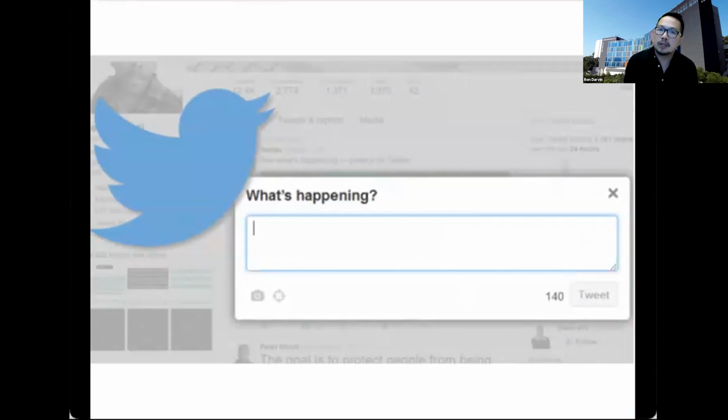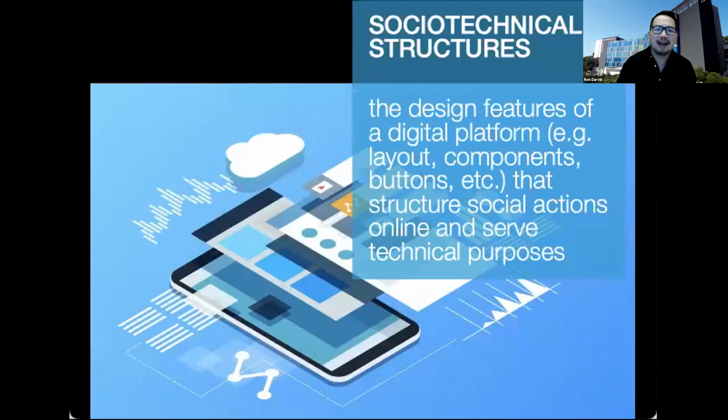right? And because of that, it became a space where people thought they would have to share what was important, what was happening in a particular community, a local community that they were at. And that's why Twitter became a source of news, real time, for when things happened, and a place for sharing ideas. And so the point is that when we think about these designs, right, they're not just there because they're pretty, right? The design features of a platform, the layout, the components, the buttons, are there because, yes, they have a way of